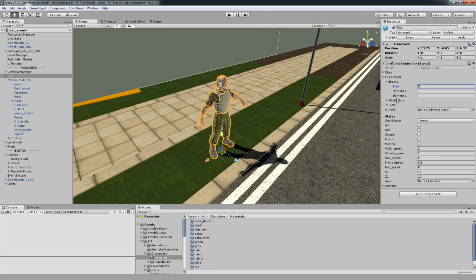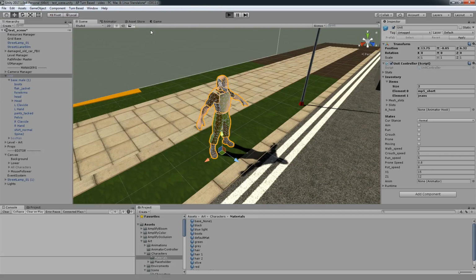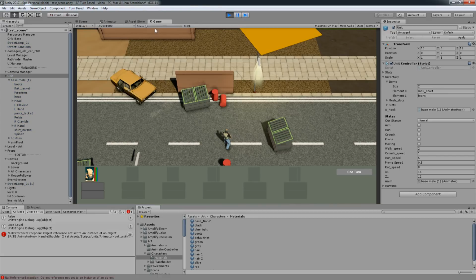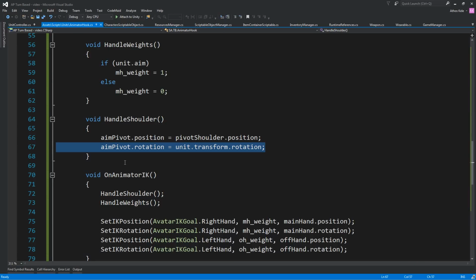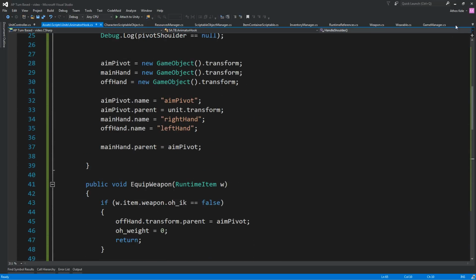Let's say 2. I'm going to say MP5 short. That's not short, but it's short. Let's add the jeans, just for fun. Let's hit play just to make sure we don't forget anything, and we did. Let's see. Oh yeah,